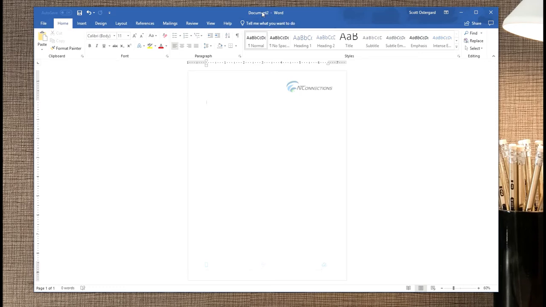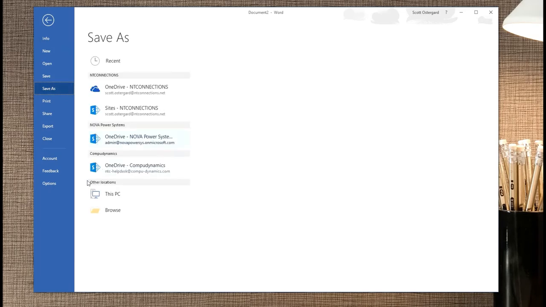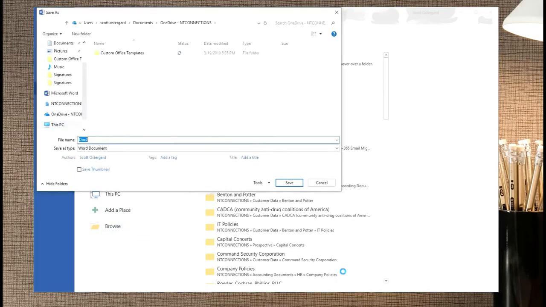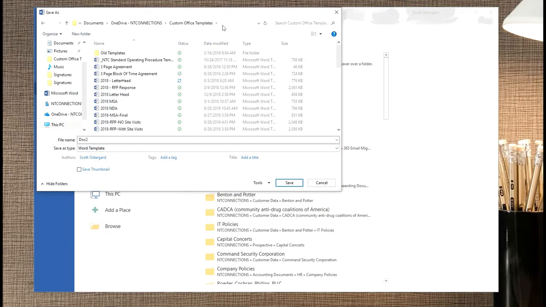Because I originated from a template, it automatically created it as a Word document, as you can see from the top of my screen. What I'm going to do is say File, Save As, and I'm going to browse this PC, and change the type to a Word template. As soon as I've done that, it's changed my location to the Custom Office Templates, and that's because of that setting we did earlier. So I now want to save this, and let's save this as something relatively easy for us to get to,